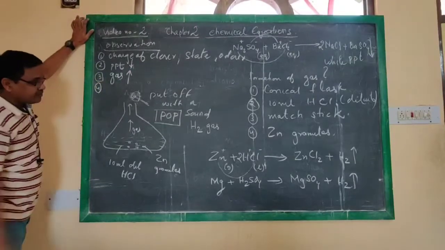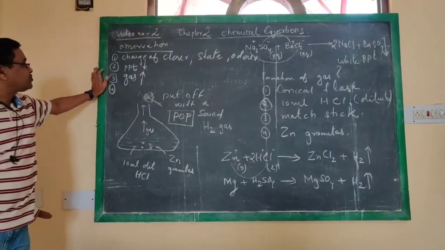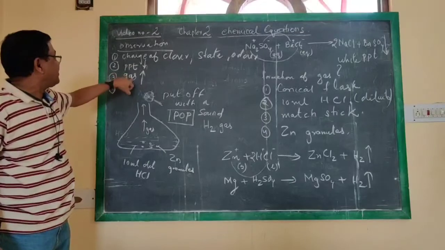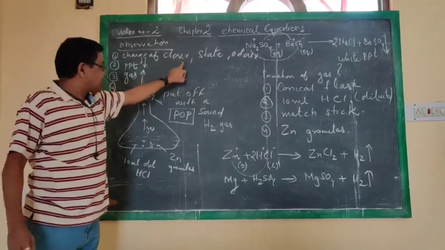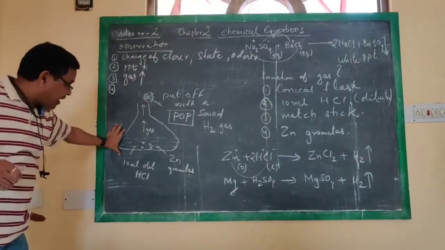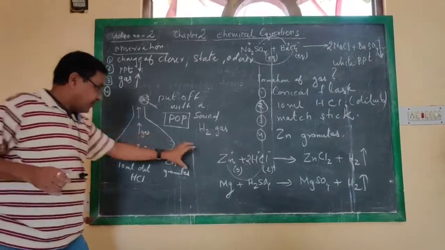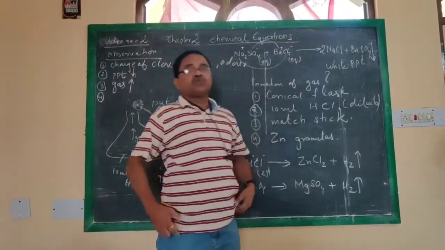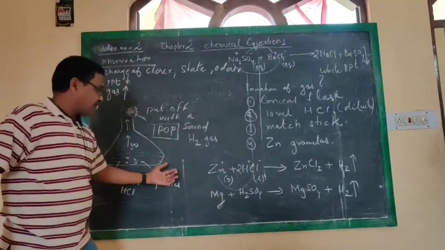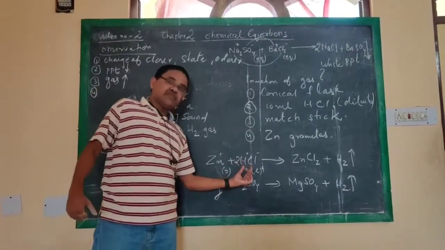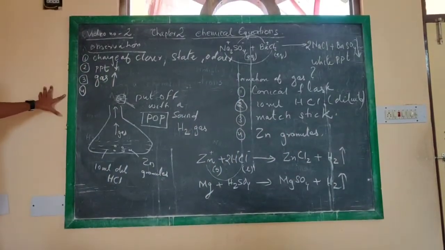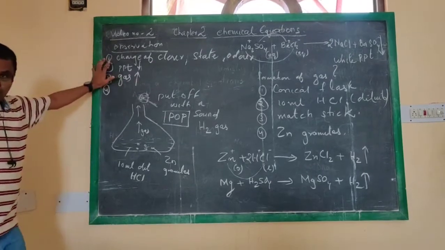Fourth one, these things we can be very clear and understood. Formation of precipitate, formation of gas, and the physical state, color, odor can be changed in a chemical reaction. So by this we came to know how it is possible to produce hydrogen gas by this method. That means any metal, if it is reacting with acid, it will give some salt and it will produce hydrogen gas. So this is what the two activities are.